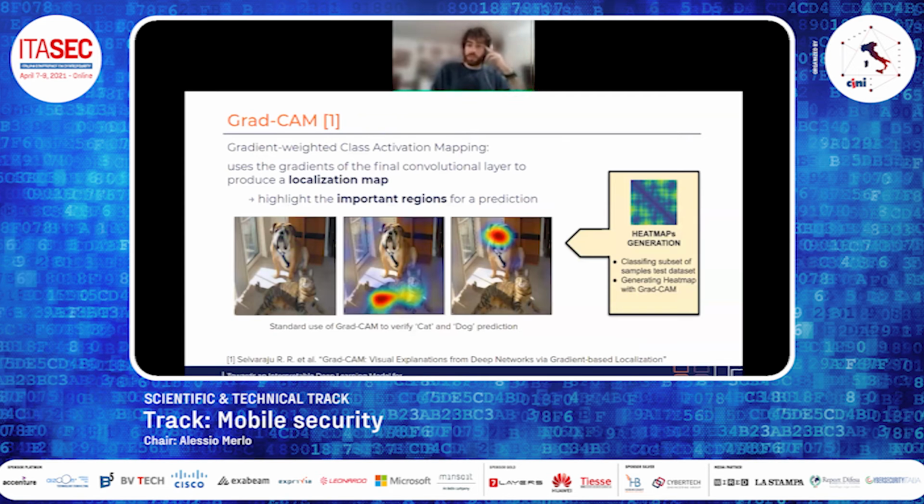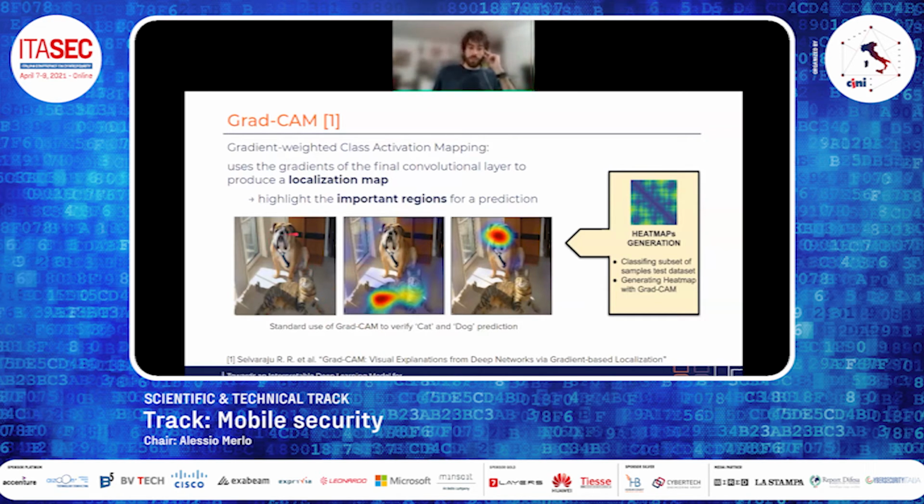And for doing so, we adopted the GradCam, the gradient weighted class activation mapping, which produces a localization map that highlights the important regions for a prediction. This is widely used in standard image classification problems. Here, for instance, is a picture taken from the GradCam paper.